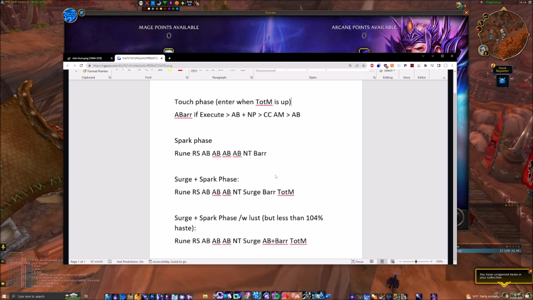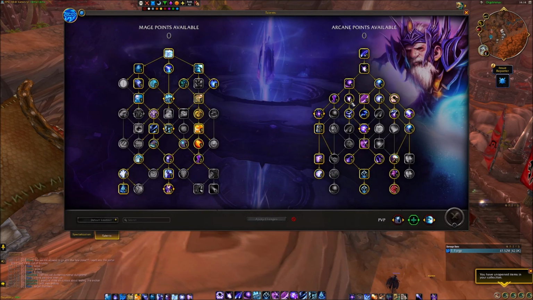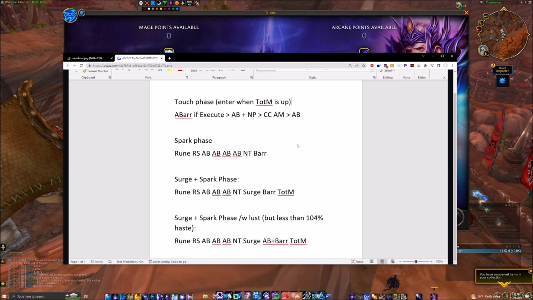That's not gonna happen because everything is scripted. So if you follow the same rotation, you should be A-okay. So yeah, you're gonna do that little conserve, you're gonna get Evocate back, you're gonna full channel Evocate, and then you're gonna go into your Surge plus Spark, and then you touch the Magi, Shifting Power once again, after your